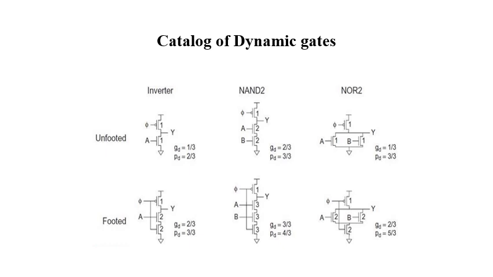Here the output line is connected between these 3 transistors, so 1 plus 1 plus 1, 3 divided by 3. In the footed structure, at the same time the grounded gate has the value 2, so 2 divided by 3. Then the output line is connected between these two transistors, so 1 plus 2, 3 divided by 3. Here also the grounded gate is 3, so 3 divided by 3. The output line is connected in between these two transistors. These two transistor values are 1 plus 3, so 4 divided by 3.